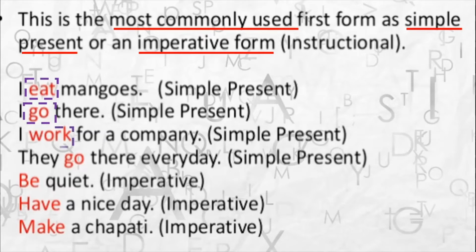I work for a company. Simple present, work. I work for a company. That means at present, I work for a company. They go there every day. Again, a simple present. Okay, so these base forms of verbs are used in simple present tenses, and like I